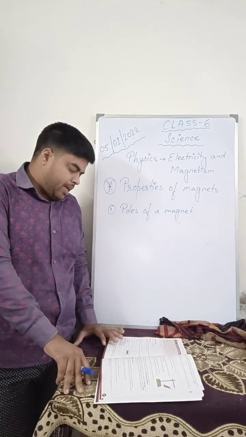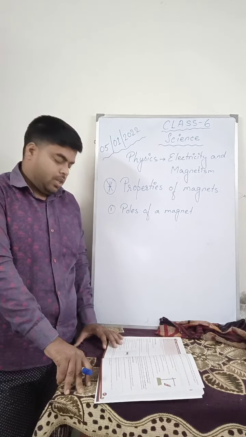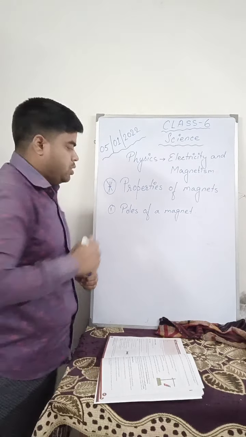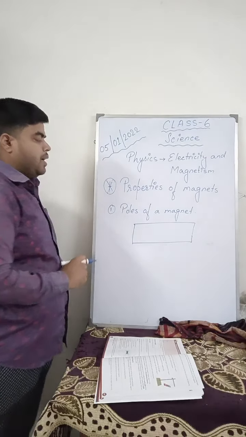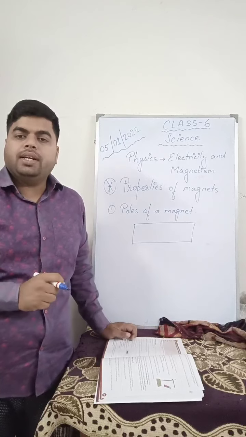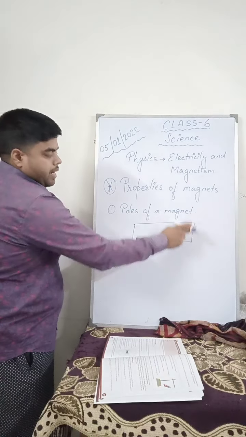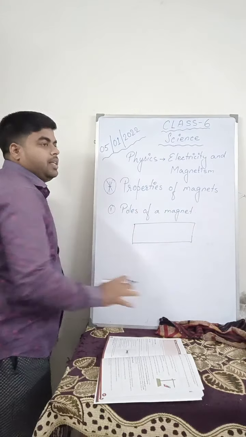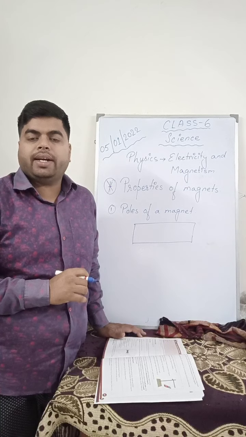If we leave a magnet in a set of small needles, will the needles get attracted to all parts of the magnet uniformly? Let us understand with the help of a simple activity. Suppose you have a magnet, and then you leave a few needles. Will all those needles get attracted to this magnet uniformly, meaning each and every place uniformly, meaning the same number of needles will get attracted or not?